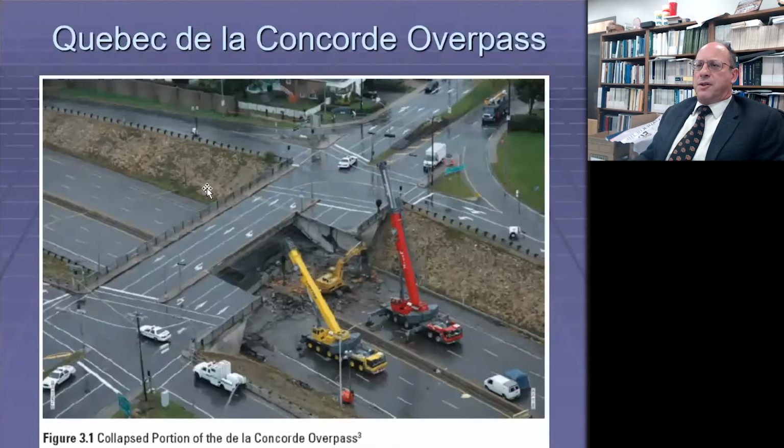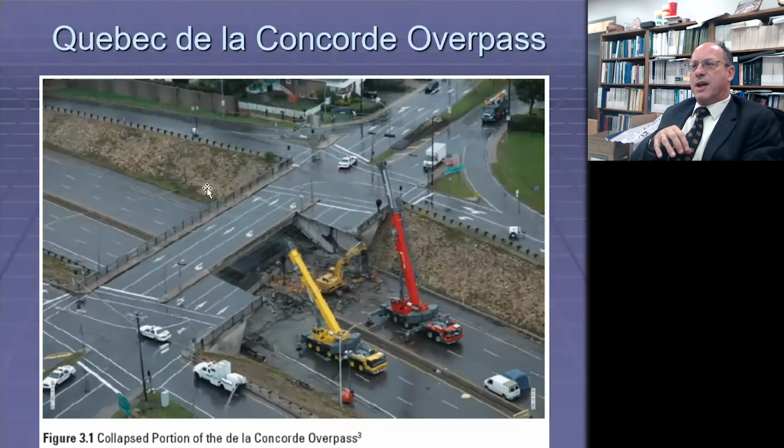This is an interesting one from 14 years ago, and there's a great report that was issued by the province of Quebec. It's interesting when you talk about a Quebec bridge collapse, you have to clarify whether you're talking about this particular bridge collapse or the very famous steel bridge collapse of 1907. This is, of course, the more modern one, since we're talking about concrete structures today.